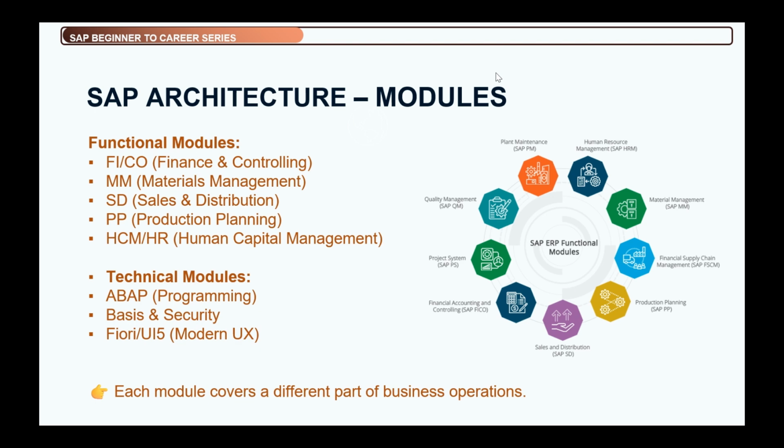All finance department related activities are managed by FICO, the Finance and Controlling module. All financial accounting related transactions are handled by the financial accounting module. All controlling, profitability analysis, asset tracking, all controlling related information in your organization is managed by the controlling module in SAP